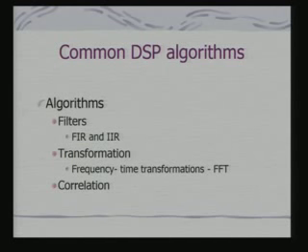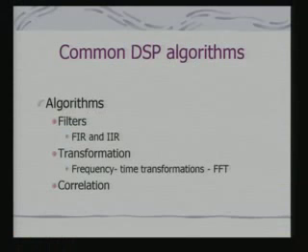Then transformation, that is taking the signal from the time domain to, say, the frequency domain in the case of a speech signal. In the case of an image signal, we may like to transform from the spatial domain to the frequency domain. So these transforms are also very important algorithms. Then performing a variety of correlation tasks for doing signal classification is also a very common